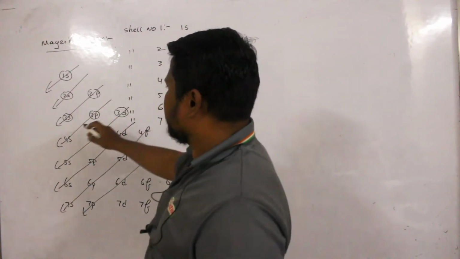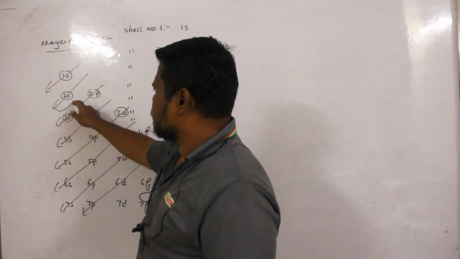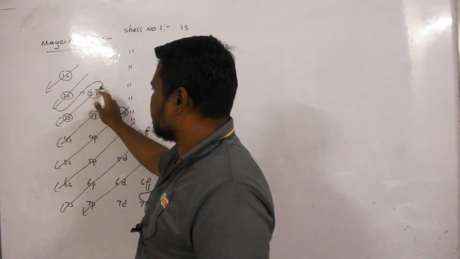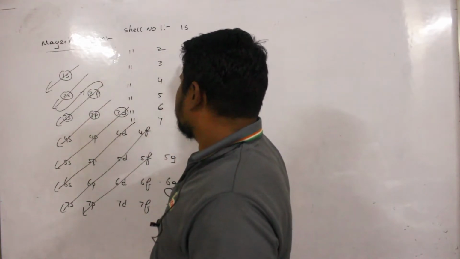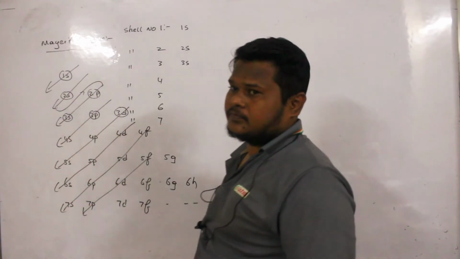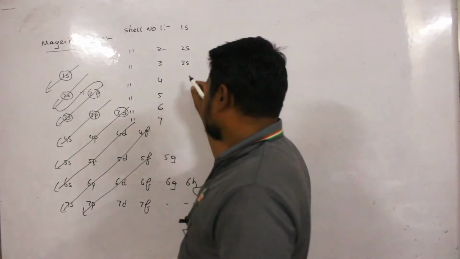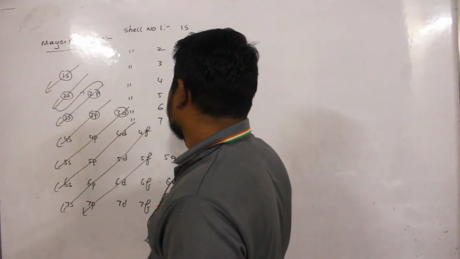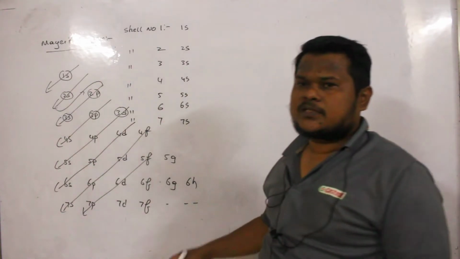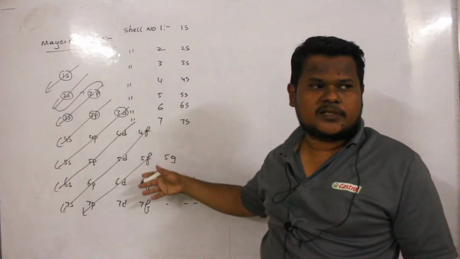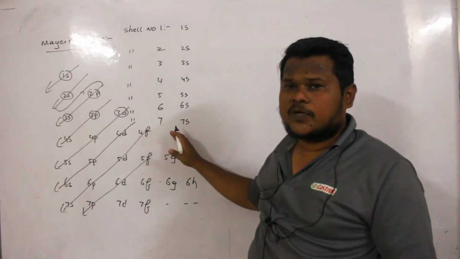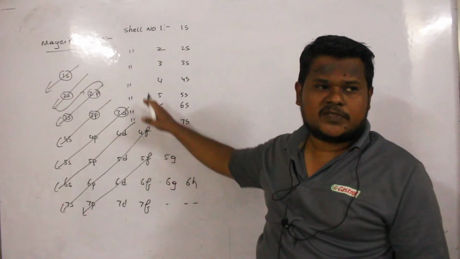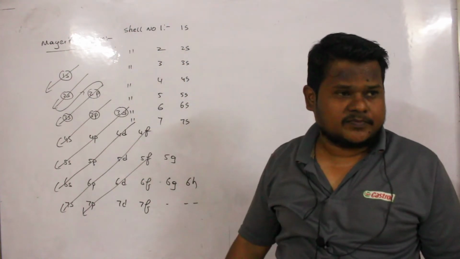Similarly, going from 2s to 2p and then traveling up to 3s, 3s should start from here. So here I should get 4s, here I should get 5s, 6s, 7s. So these are the outermost electronic configurations in the case of the first group of elements, which are called alkali metals. Are you able to understand?